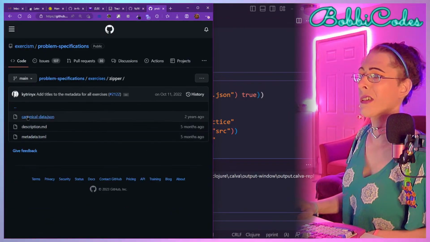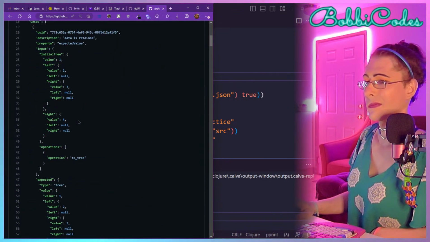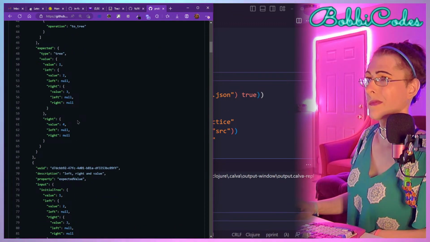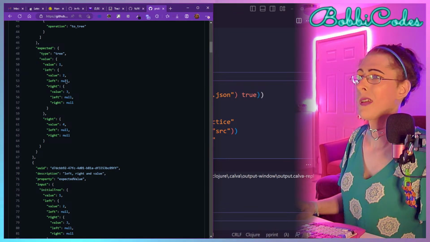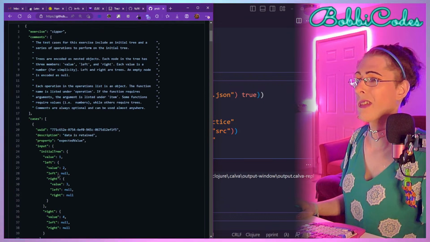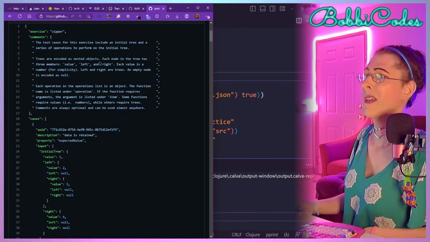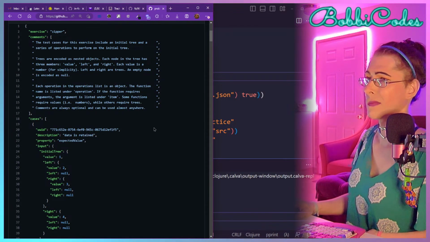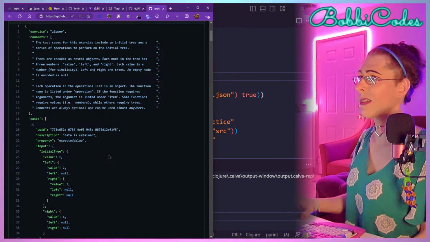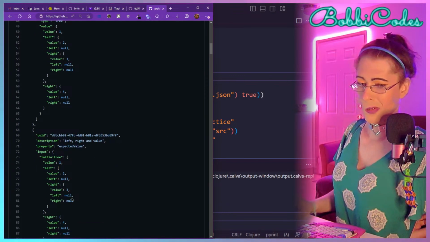The zipper exercise. Value. Huh, see, these are different. Trees are encoded as nested objects.